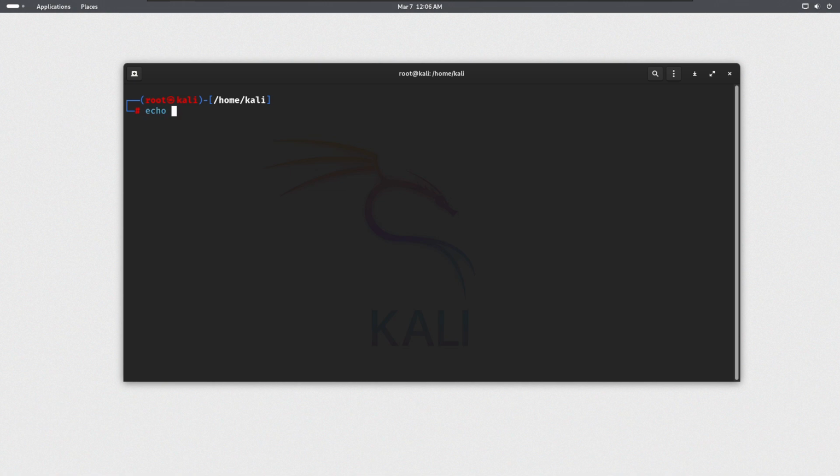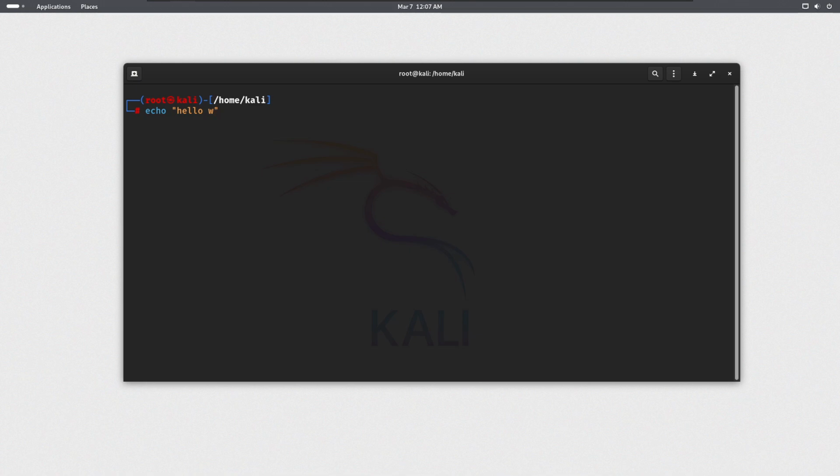Okay, echo, and just use these two colons and type something inside it like hello world. After this, just press enter. It seems like I just put this exclamation mark, that's why it is giving me some sort of error, so we just cannot use it inside the command. What I'm gonna do, I will clear the screen and I will retype hello